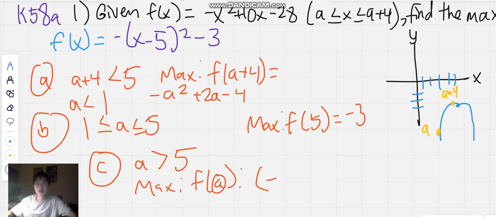negative. So I'm going to plug a into the original function, the standard form, just so we don't have to multiply anything out. But you would get the same answer if you plugged a into the vertex form, but it's a little more tedious. So if I plug a in for x here, I'll get negative a squared plus 10 times a minus 28. And yeah, those are your 3